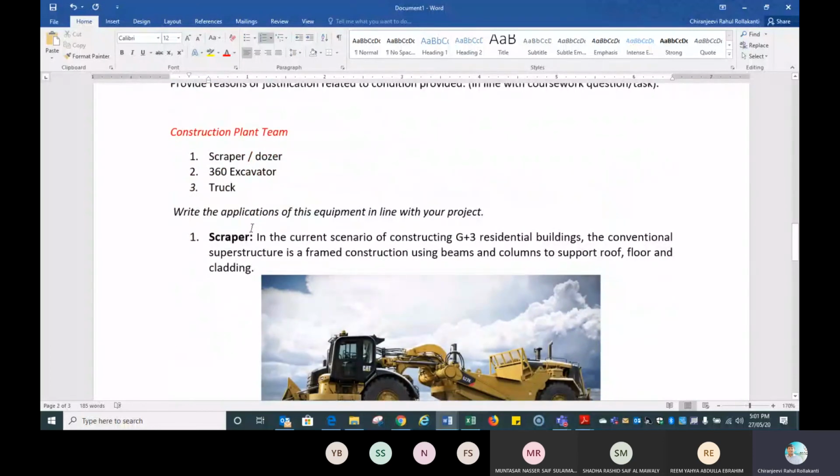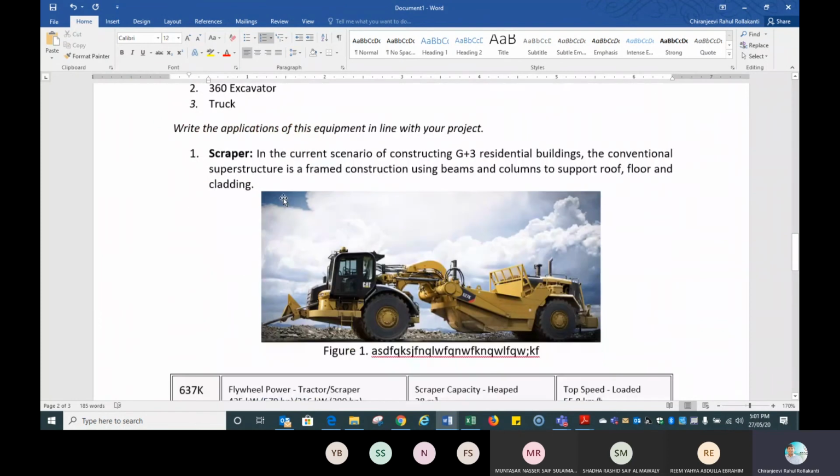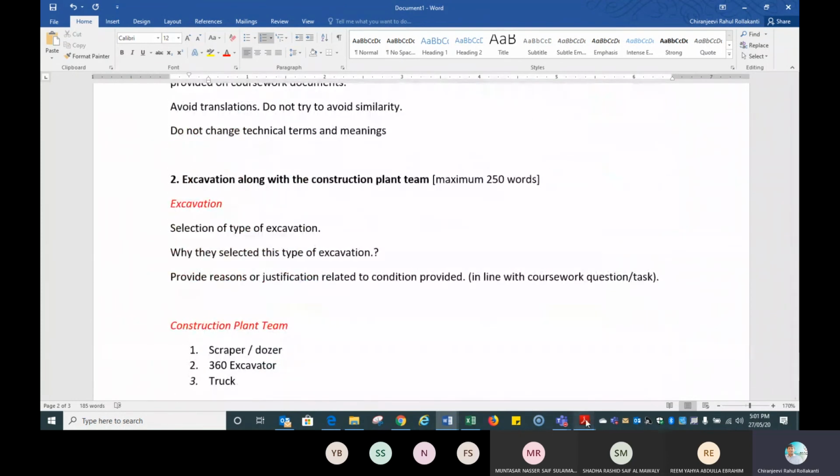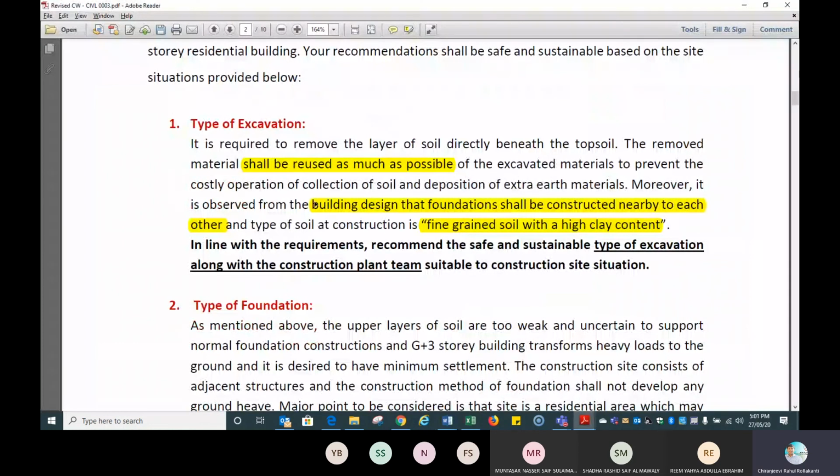That is directly available in the textbook. What are you doing as a student? What is your task actually? In Oman, what are the available equipment and how is it? Actually, we have to identify cost and all, but due to this COVID-19 breakdown, we are not able to do this. So this is how your report section on type of excavation is expected.